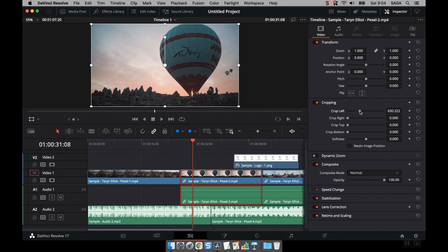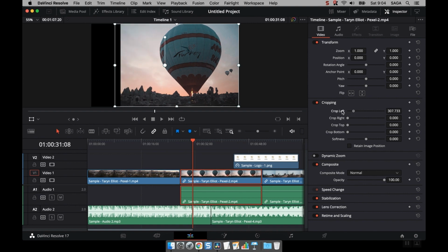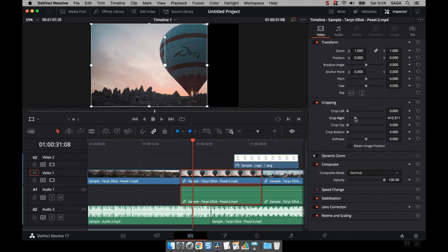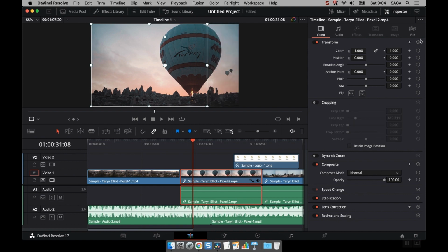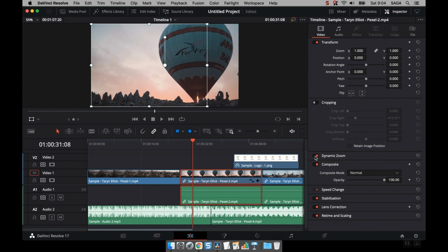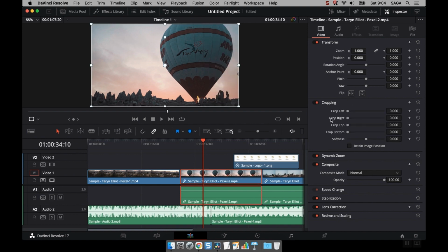So over here we can crop, depending on whatever you want to do. You can crop top, left, right, bottom. It's definitely possible to do it. The other option that we have here, let me reset it again, is a dynamic zoom, and with the dynamic zoom, basically, actually, I think it's the cropping that's doing that. Okay, so yeah, with the dynamic zoom,